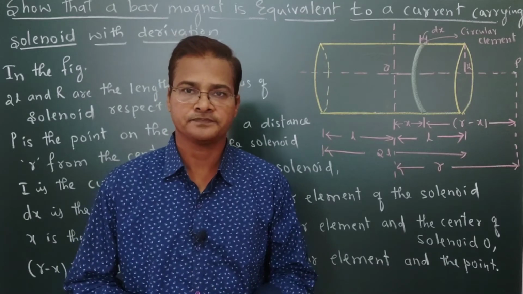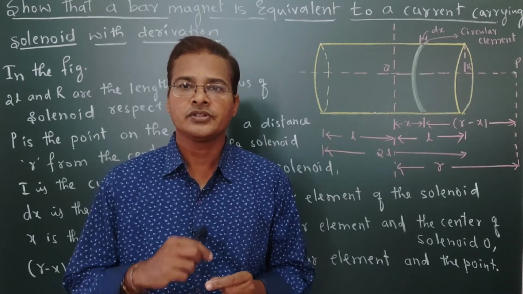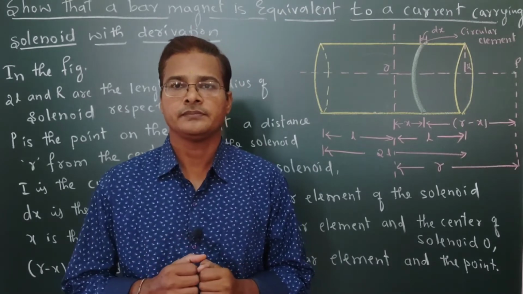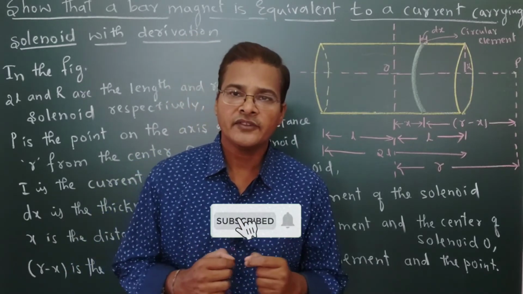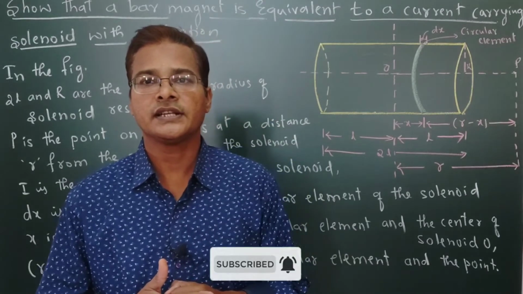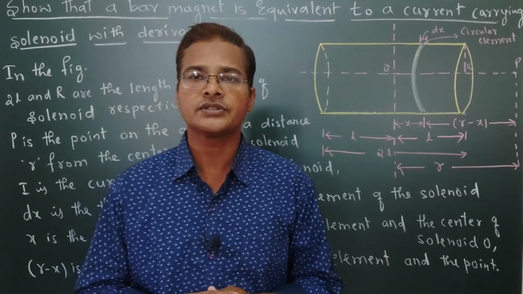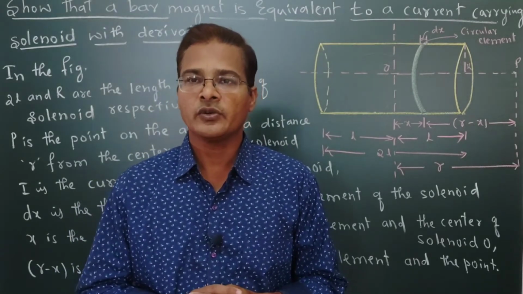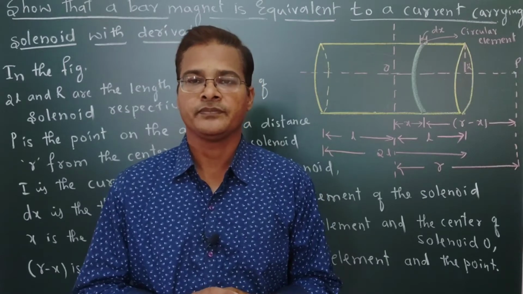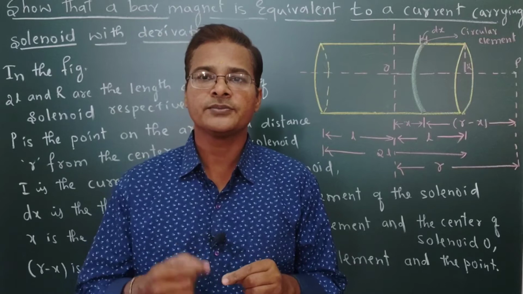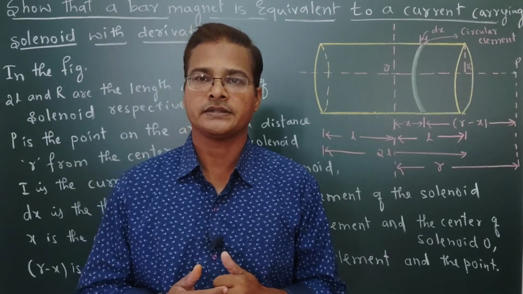What is a solenoid? A solenoid means a cylindrical frame around which the wire is circularly wound. That we call a solenoid. If a current is passed through that solenoid, then what will happen? There will be n number of turns, and as we know, when current flows through a conductor there is a magnetic effect. So it will behave like a bar magnet.